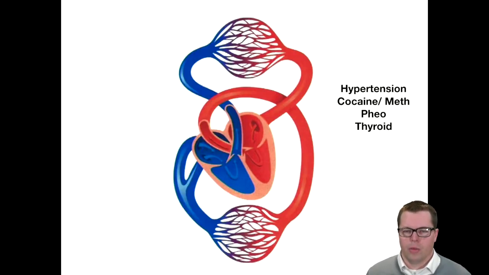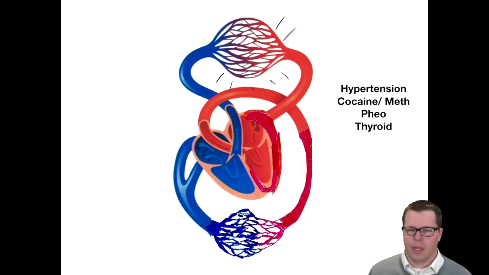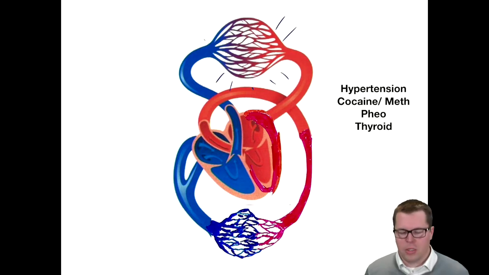Now, what could be going on here? Well, these folks usually have a long-standing history of some sort of heart disease, but maybe it hasn't been diagnosed as official CHF yet. They have stiff ventricles and high filling pressures, and when you change the vascular resistance for whatever reason, either they have exacerbation of their hypertension, or they took a bunch of cocaine or meth, or they have pheochromocytoma, or they have thyroid disease, for whatever reason, when you increase the afterload on these folks,